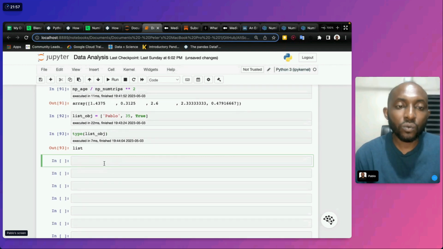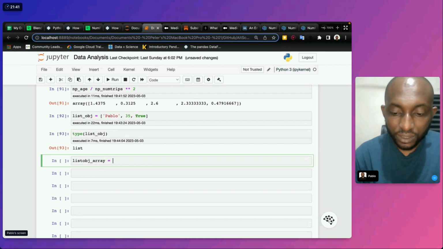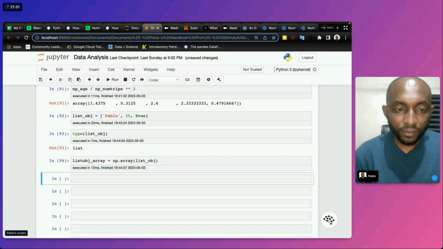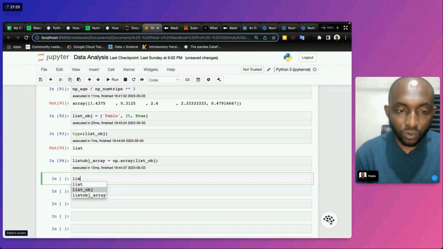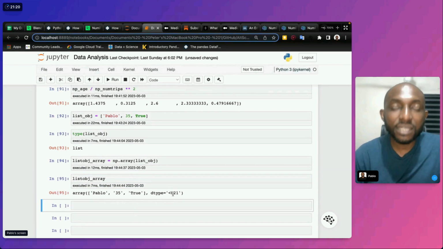Now once we convert this to an array, we call this list_obj_array, and inside we say np.array of list_obj, and we try it. Then when we type list_obj_array, you get to see that it tells you its data type already.